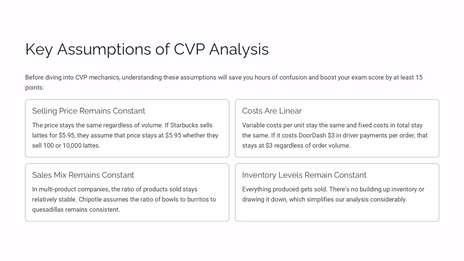Here's a fun fact that'll help you remember why these assumptions matter. Henry Ford famously said, customers could have any color Model T they wanted as long as it was black. And that wasn't just him being stubborn, it was him understanding that keeping things constant and linear made it possible to do the cost analysis that allowed him to drop the price of a car from $825 to $290 and still make money, revolutionizing transportation and creating the middle class as we know it.